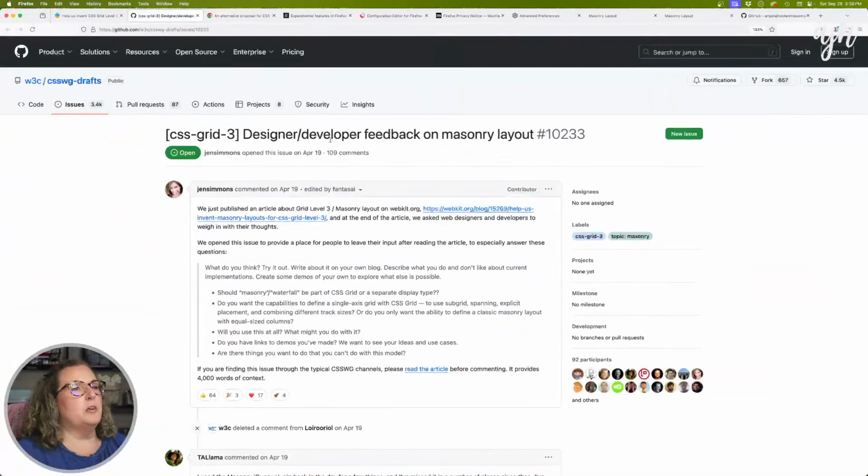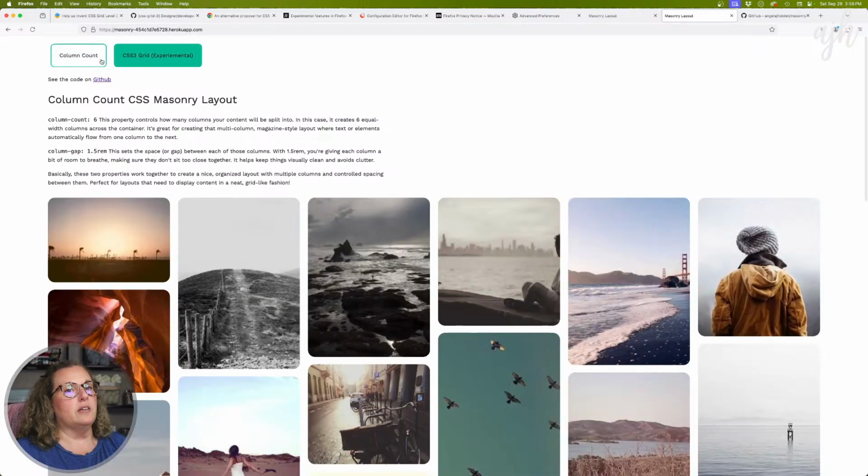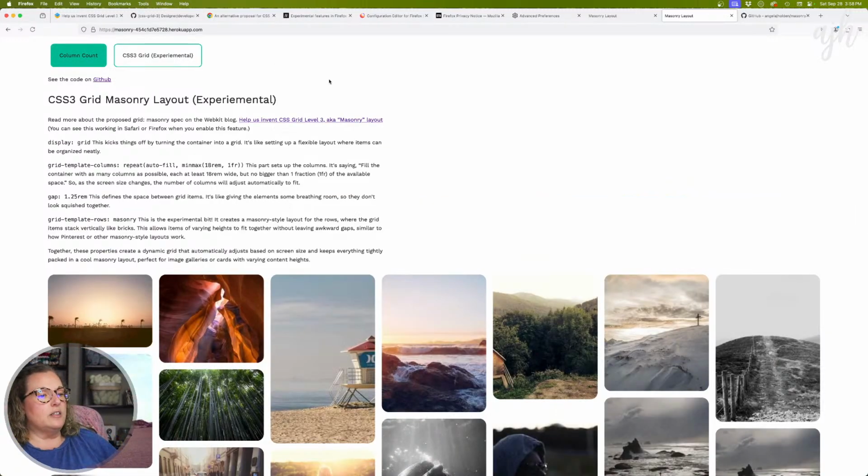So with the experimental feature in Firefox, we can achieve that, but it's not part of the spec yet. It's still experimental. So you really have to look at your content. You have to talk to your content creators, your product managers, whoever on your team is helping you gather requirements, talk to your stakeholders, and find out if the content that you're building this for can be horizontal, if it can be in columns,